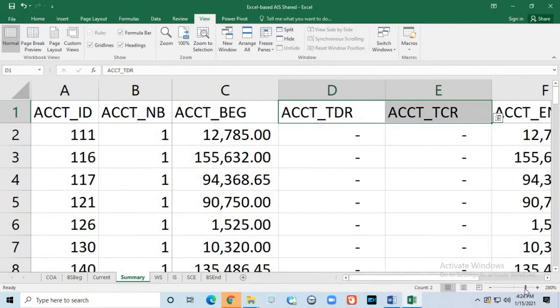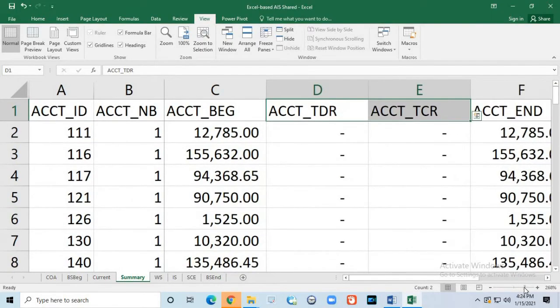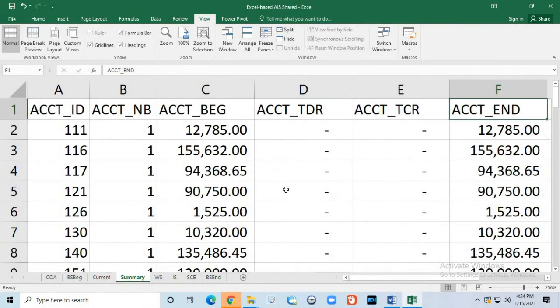5. ACCT_END is the ending balance of each account, calculated using the beginning balances of the accounts from the BS-BAG worksheet and the total debits and credits from the current worksheet. It uses the IF function to calculate the right balances, evaluating conditions such as whether the normal balance of the account is debit or credit, as indicated by the